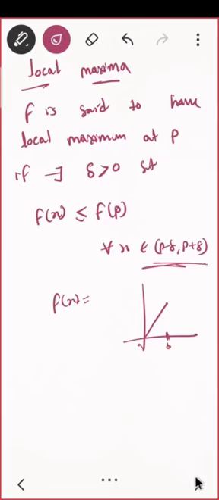So let us try to see some function and think about what is local maximum. Suppose the function is f of x equal to x square minus 4x plus 6, and the question is: show that f of x has local minima at 2. What do you mean by that? What do you have to find? You have to find a delta such that in that delta neighborhood your function is taking all the values of the function.